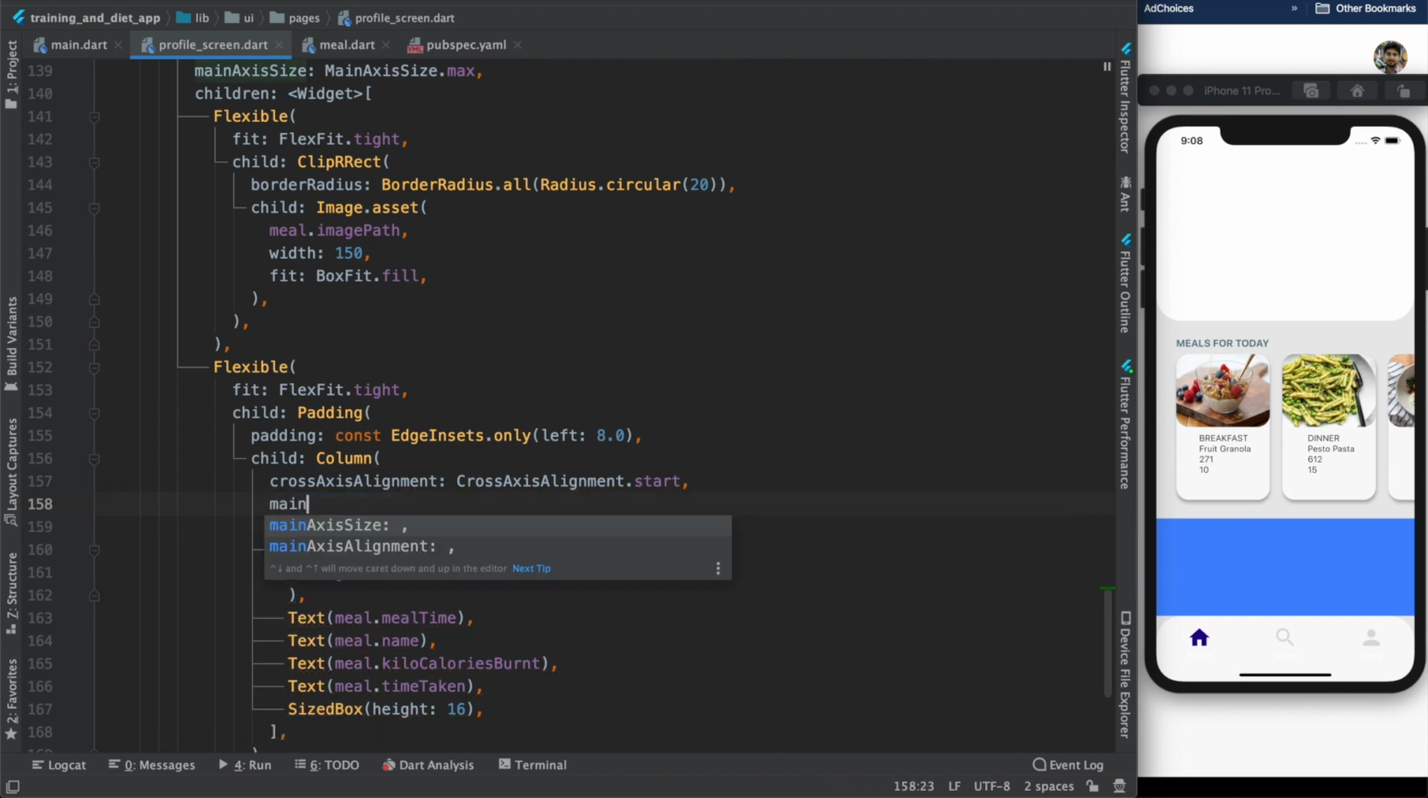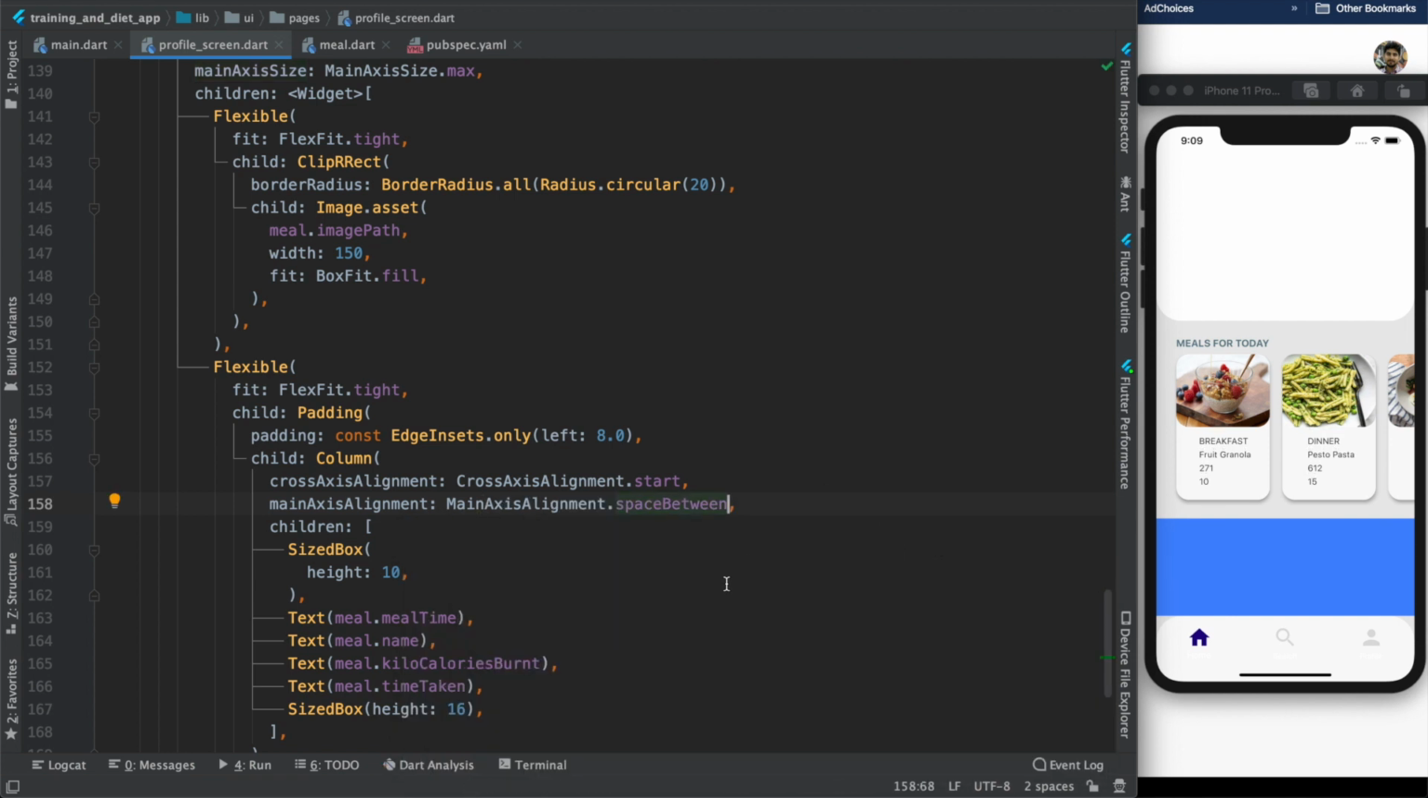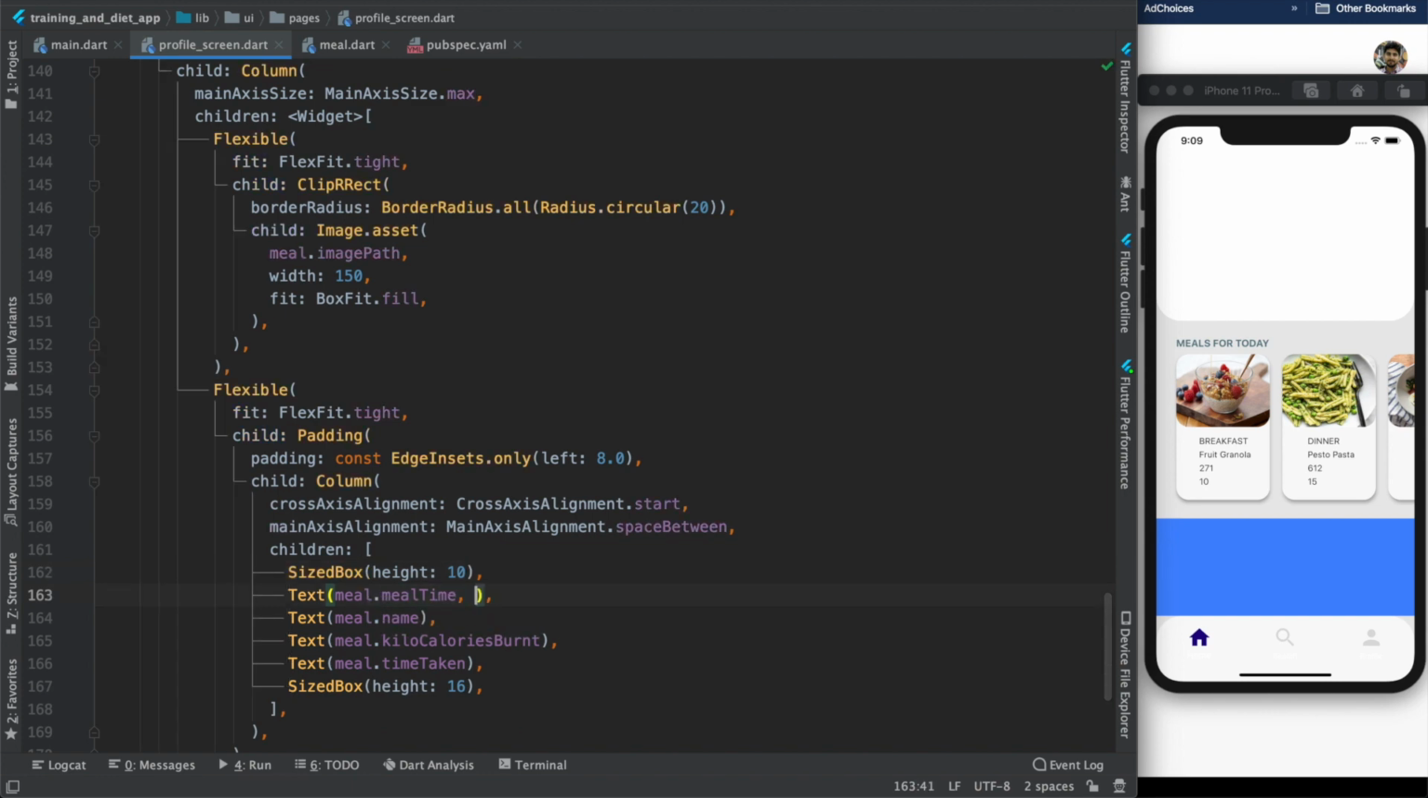Oops. Main axis alignment dot space between, and yes, they have beautiful space. Now we only need to play with the font sizes and text styles. So let's create some text styles, which is